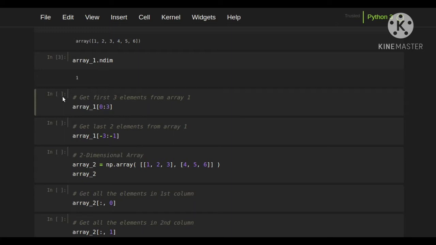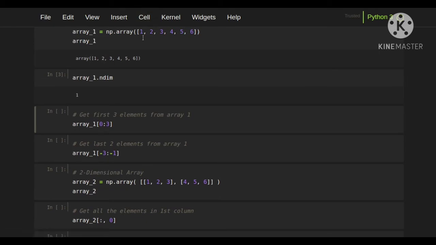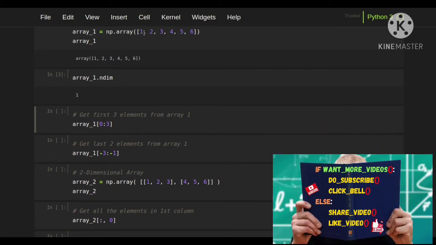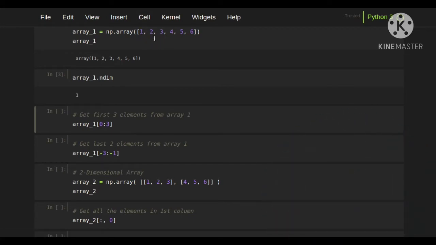In array slicing, as a first example, we are going to retrieve the first three elements from array 1. Accessing the first three elements means we need to access them by indexes. The index for 1 2 3, our first three elements, is going to be 0, 1 and 2.